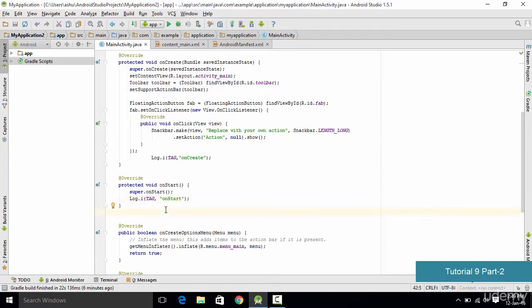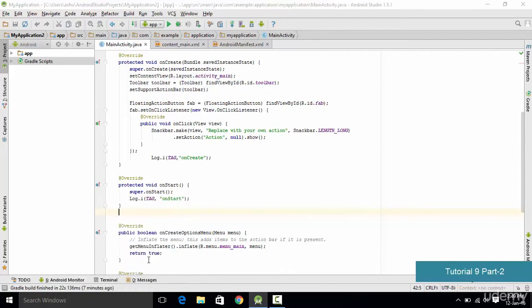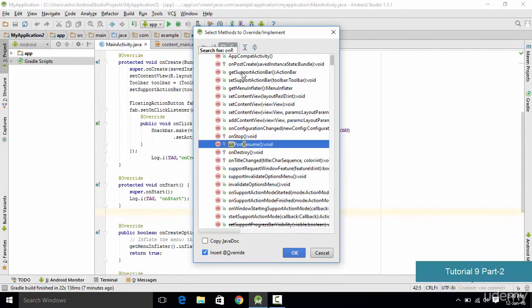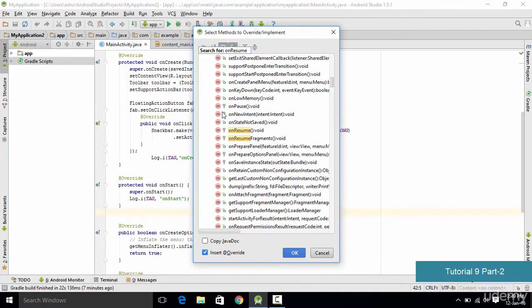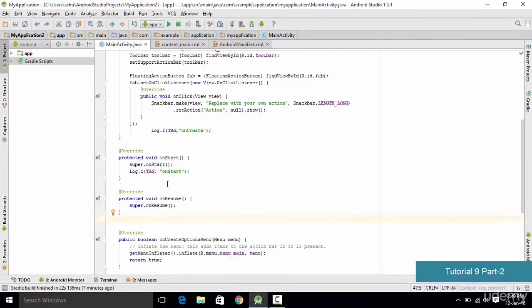Also we have to include some more methods like the on pause and on resume. So I go ahead and write those methods as well. Again, if you want to insert some code, you hold the alt key, then press the insert key, and then finally we go to the override methods in order to select the methods which we want. Now in order to search our method which is on resume, we type on resume, and if you go a few lines down here, you could find the on resume method. So click OK, and let's import other such methods by using the same technique.